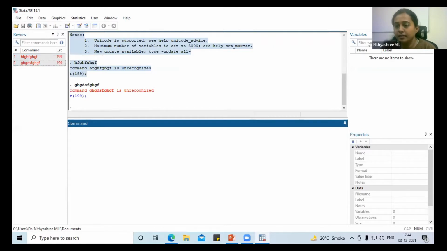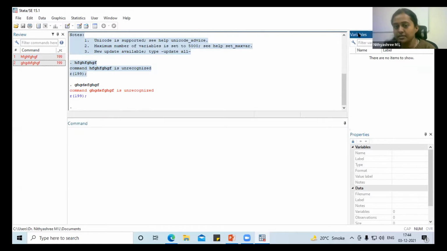And on the right side, you have two other subsections. The one is variables. Now we don't have any data in the software. That's why you cannot see any data. Once we import some data, all the variables will be visible for you. And below that, particular to any variable, you have some properties: the name, the label, if you have given some label, and type, whether it is numerical, string, format, and some other kinds of details you can create by using this property.